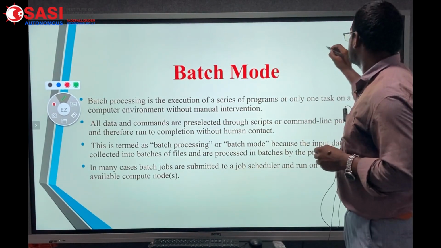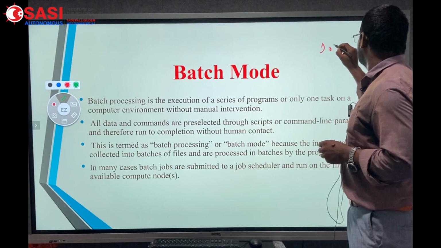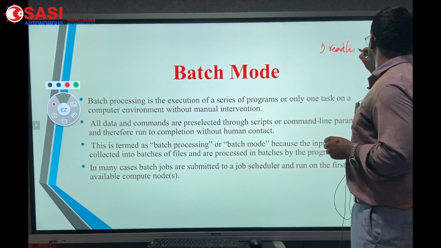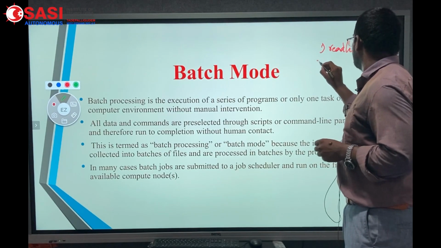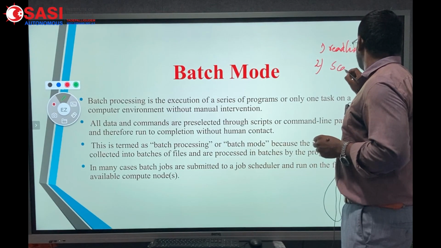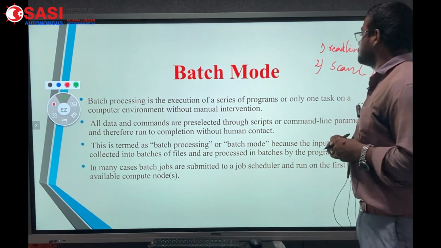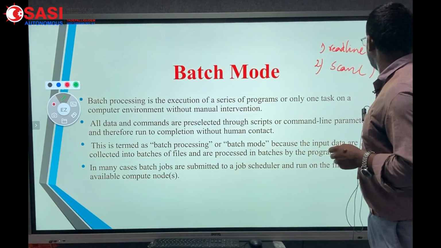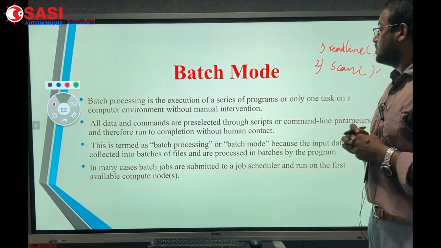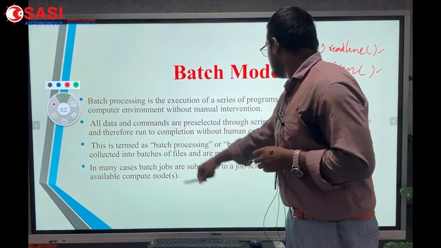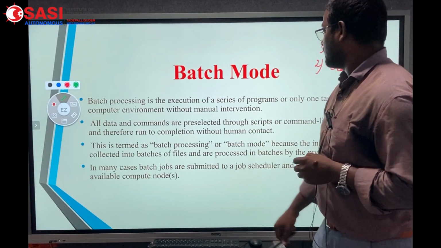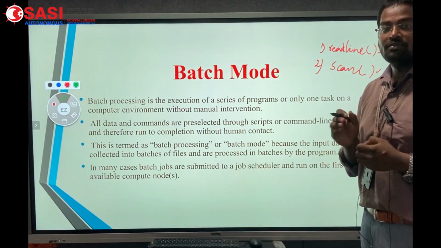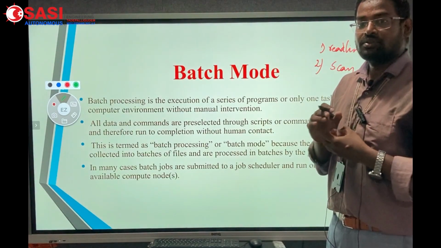So basically we have two types of input functions, that is readline and the second one is scan. So these two are the input functions. There are different arguments that can be accepted by these two. Here, all data and commands are pre-selected through scripts. So if you are using any scripts or any files, through those files we need to give the